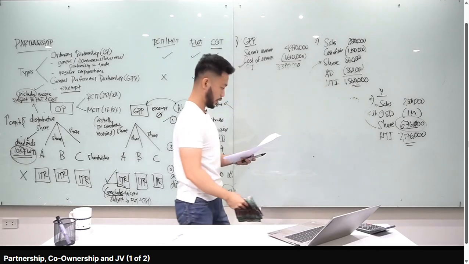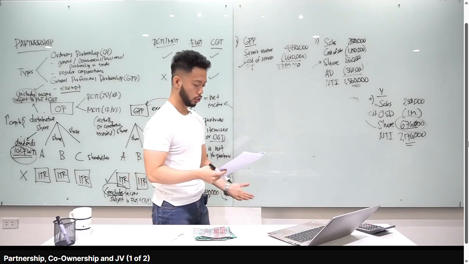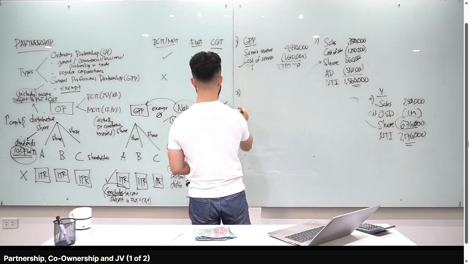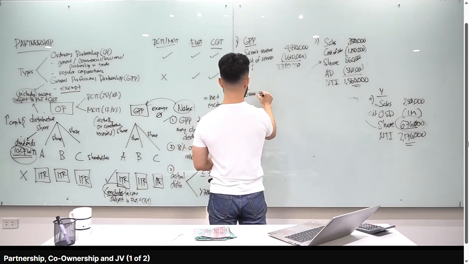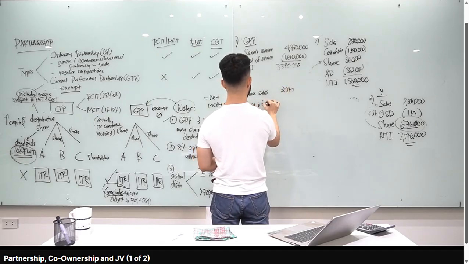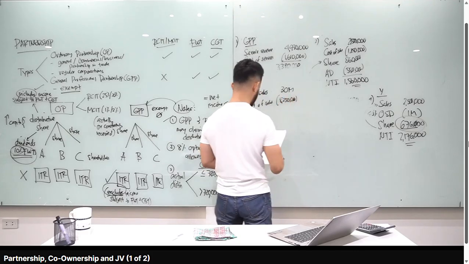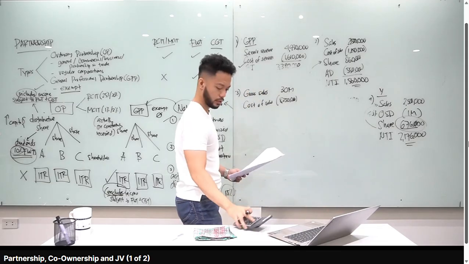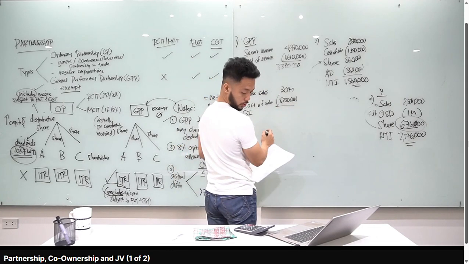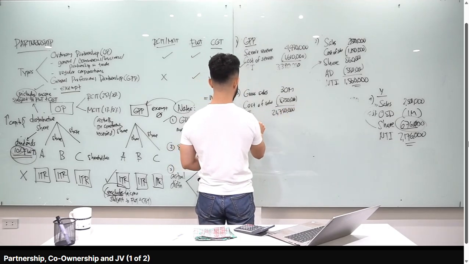So now, question sa ating class is how much is the taxable income of the partnership? How much is the income tax liability of the partnership? Assuming the partnership avails of the OSD, how much is the tax liability of the partnership? Ganito gagawin ko dyan, number 3. So we have gross sales amounting to 30 million. Ma-minus ko dyan yung cost of sales. Sabi sa problem, yung cost of sales, 8,250,000. So 30 million minus 8,250,000. Yung gross income natin is 21,750,000. And then we have operating expenses na